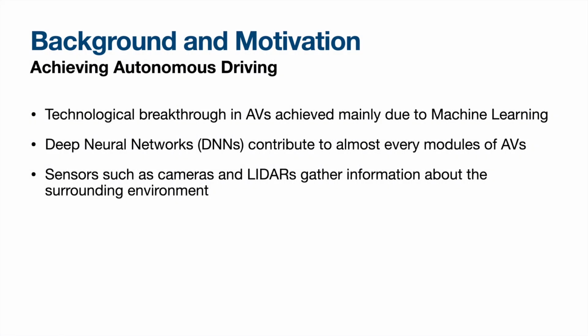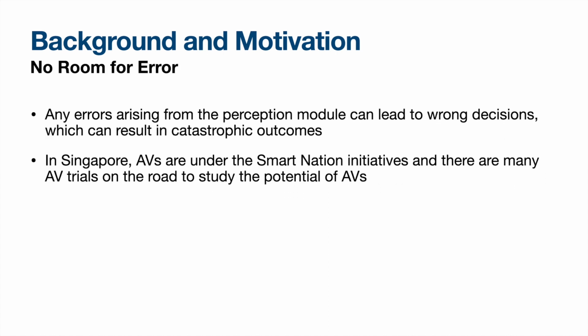The technological breakthroughs in autonomous vehicles are largely achieved mainly with the help of machine learning, specifically deep neural networks, which contributes to almost every module of autonomous vehicles, such as perception, localization, planning, and prediction. Perception is a fundamental element of autonomous vehicles, involved in most decisions made by other modules. Sensors such as cameras and lidars gather information about the surrounding environment, such as traffic signs and pedestrians. As such, any error arising from the perception module can lead to wrong decisions from other modules, which can result